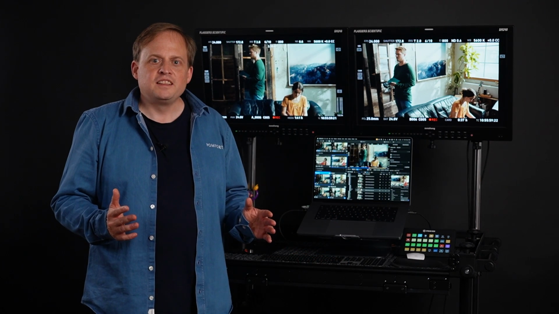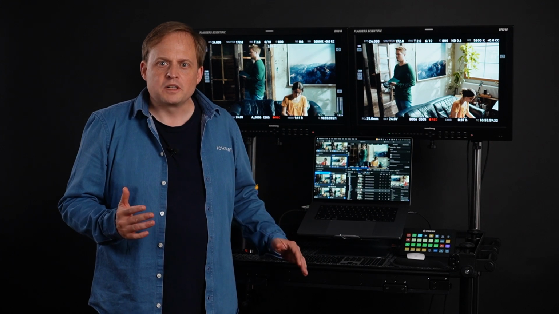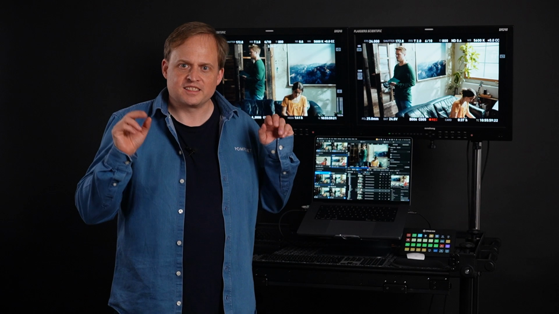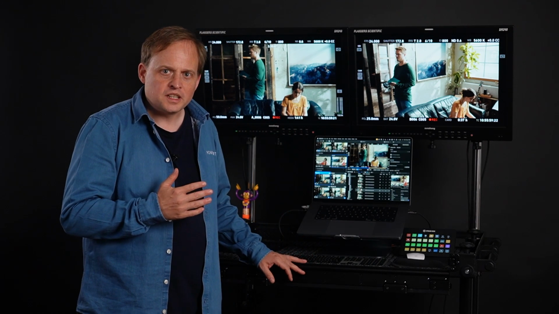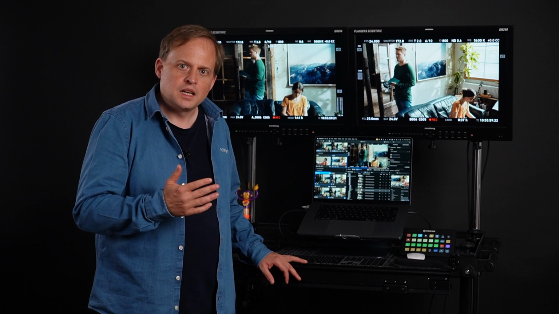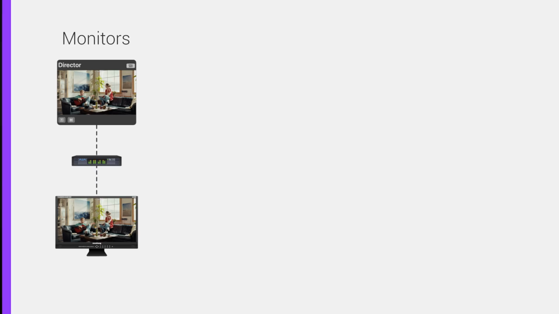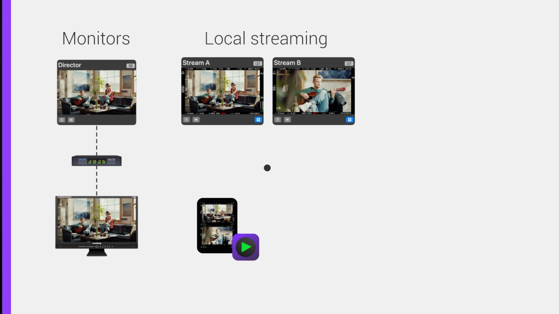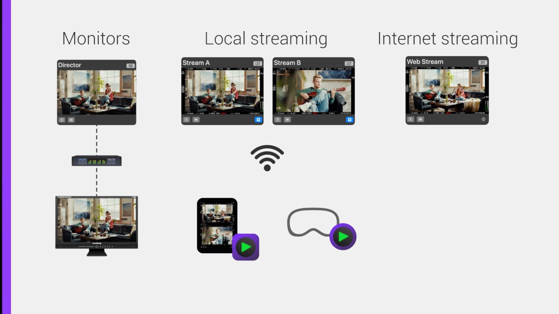And last but not least, there are the output slots, which serve as showrooms for exhibiting the final products to your clients. Each output slot is associated with a monitoring device, which can be any of the following: a monitor connected via the output port of a video I/O device, an iPhone or iPad connected via the Realtime Viewer companion app, an Apple Vision Pro connected via the Realtime Cinema companion app, or you can also provide an internet stream choosing from a wide range of internet streaming services.